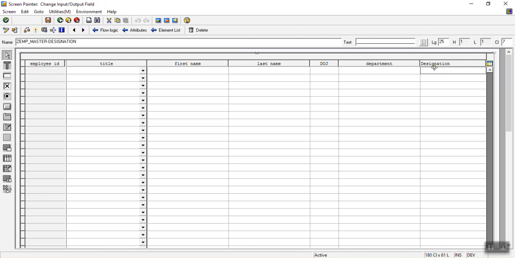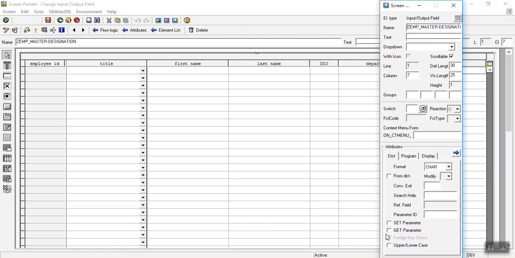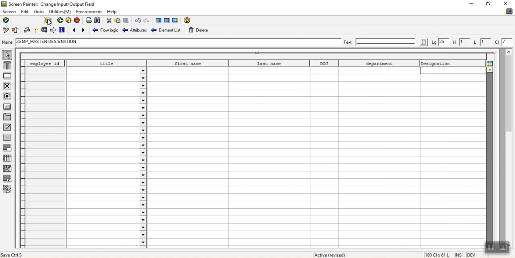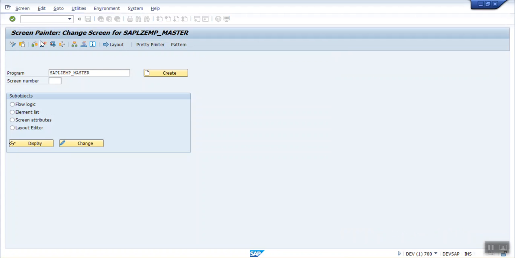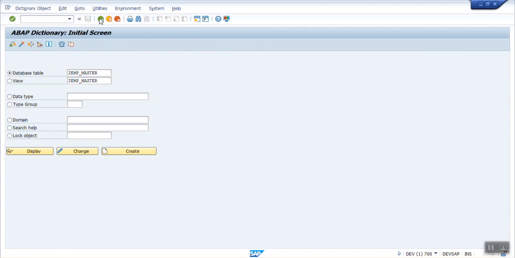So for that double click here, and here we can see upper/lowercase. We have to select this checkbox and close. Save and activate. It is activated successfully.